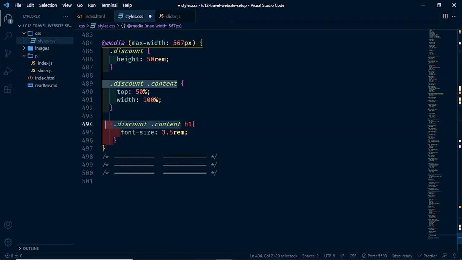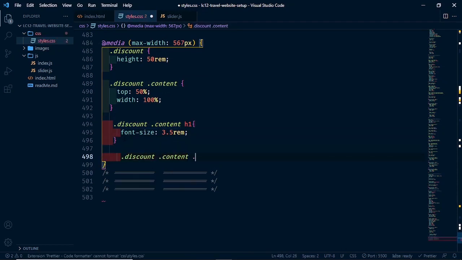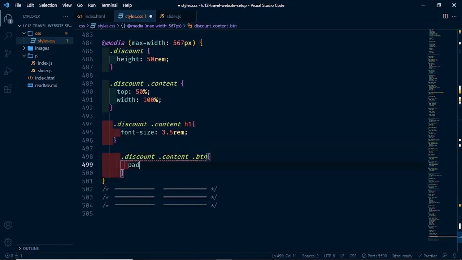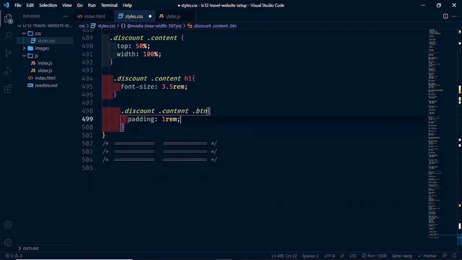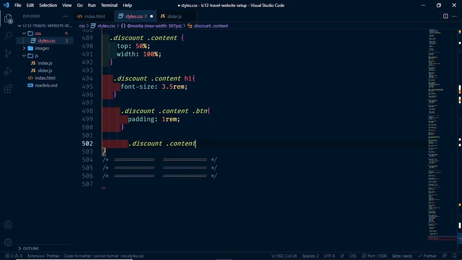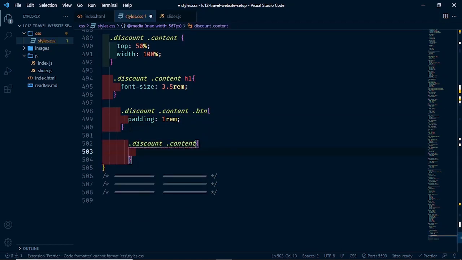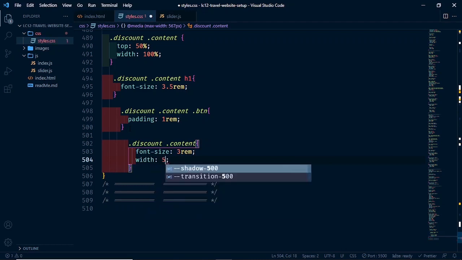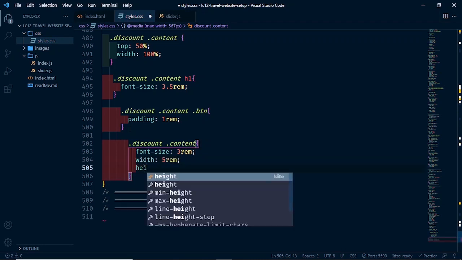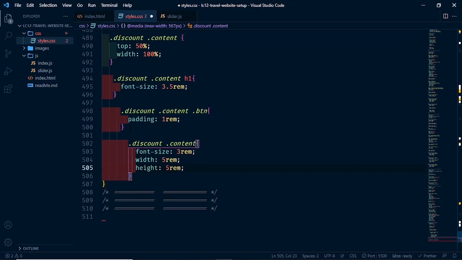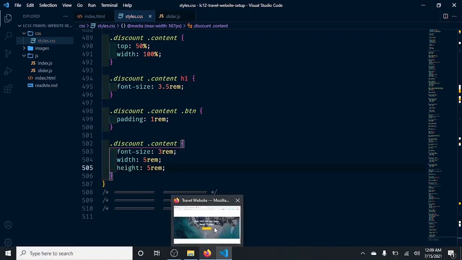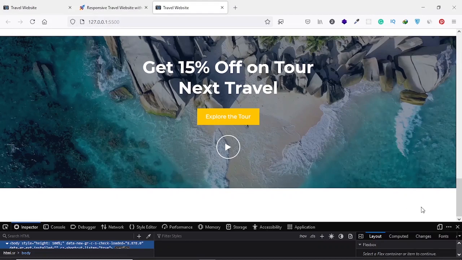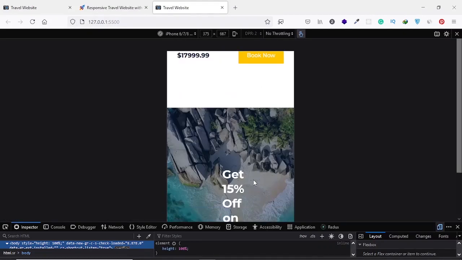We want the button in the h1, so .btn. Let's give it padding of 1 rem. We also want the span in the, so we want the span. Let's also give it font size of 3 rem, then let's give it width of 5 rem, and height should be 5 rem. Let's save this, go back to our browser, let's resize this to the responsive mode, and for the video, let's